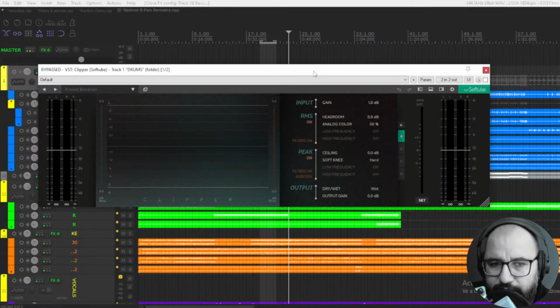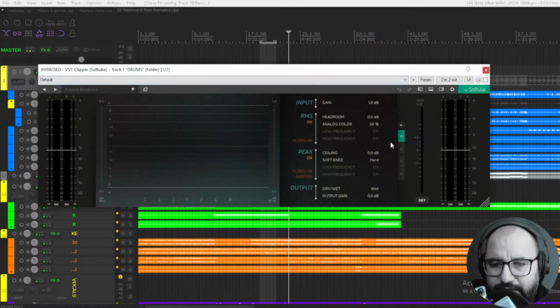Let's check out first the clipper. Okay, so this is a pretty, how can I put it? It's a very musical clipper. It's not like a transparent clipper. It's a plugin with a clipper with a lot of coloration, a lot of saturation, but very round saturation, right? The peaks, the transients, they are not completely chopped, completely clipped. They are sort of round, and it adds a very nice saturation that you're gonna hear in a